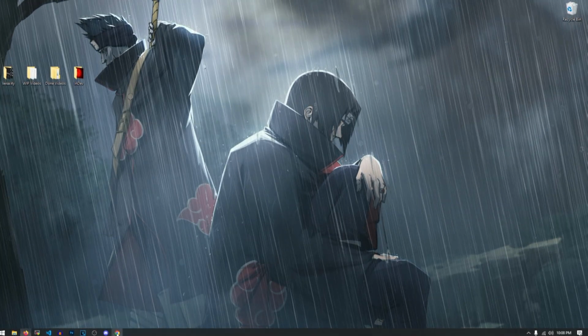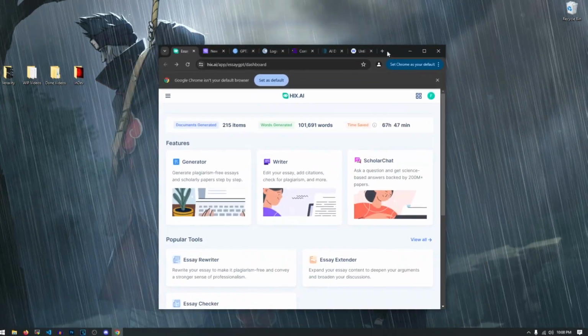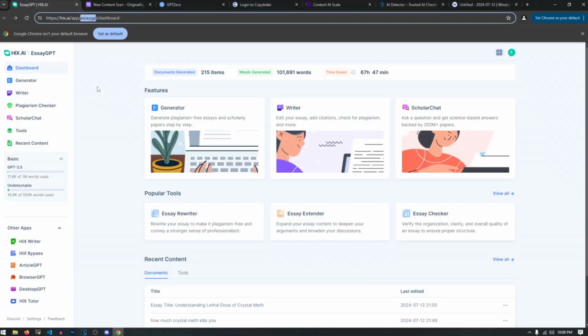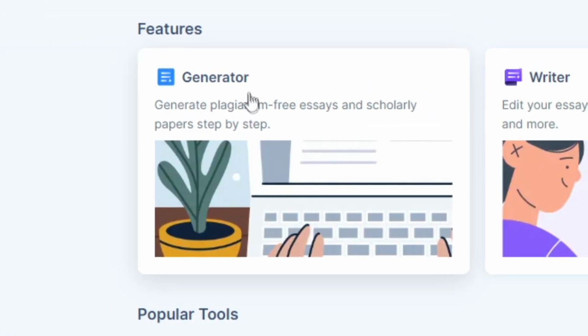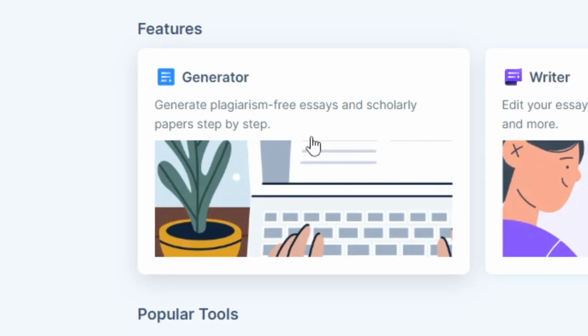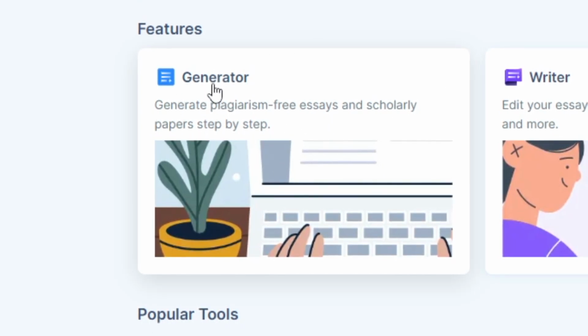As you can see, this is obviously Tor browser once again. And here we have our AI essay generators. Now, this is located on the HIX.AI website, as you can see right here under EssayGPT. And we have three main features that I want to go over about this. First up is the AI essay generator feature, and with this generator, it's mainly aimed at non-college students like middle school or high school students, and it's for exactly what it says. It's for writing essays.